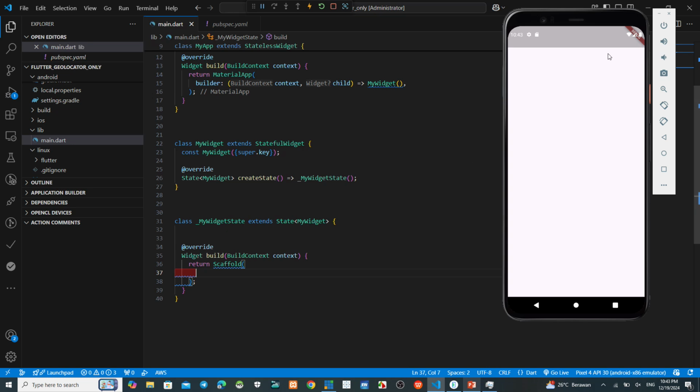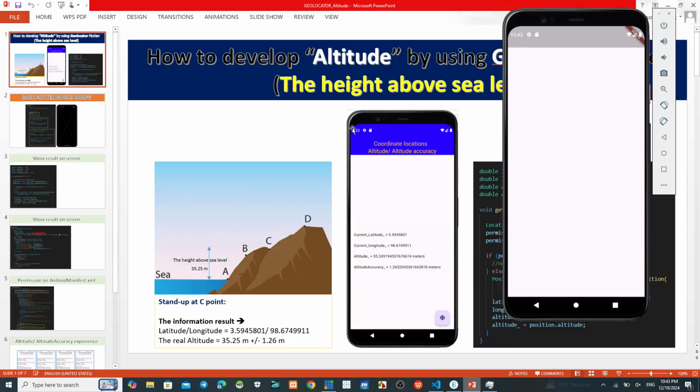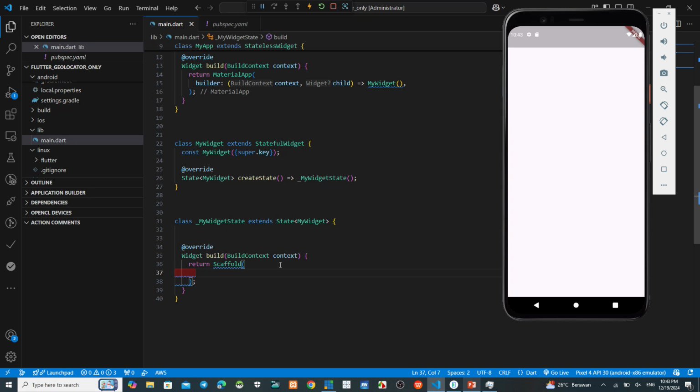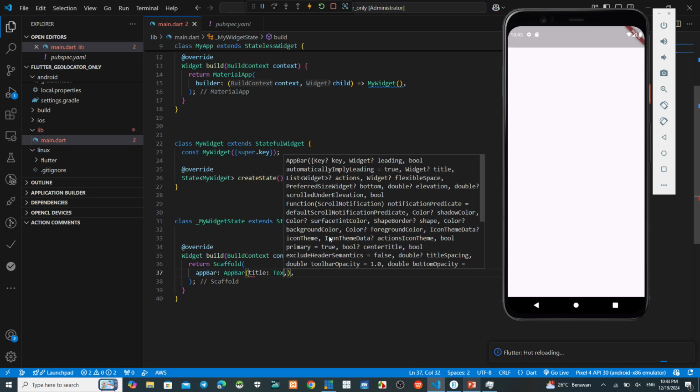Now we want to make an application bar like this. Coordinate location, altitude, altitude accuracy. Okay, we make this. App bar. This one title. Text.